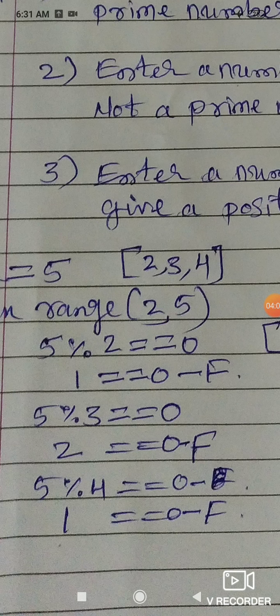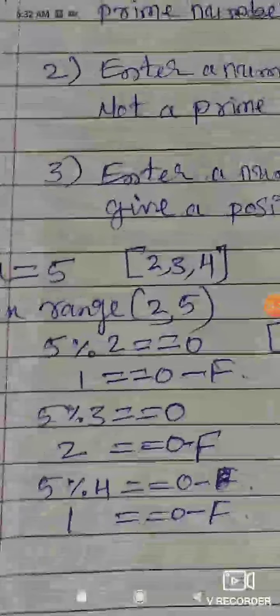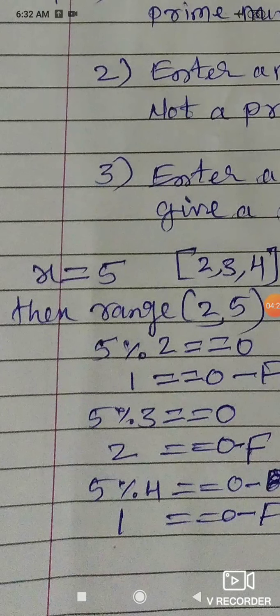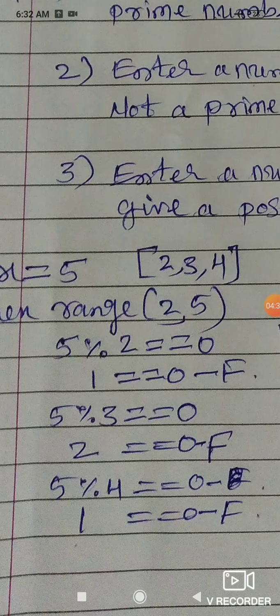It starts with the initial parameter 2, and the second parameter is 5. The range takes the initial parameter and values less than the last parameter, that is here 2, 3, 4. This is the range. See that expression: 5 is the x value, mod i, the first value is 2, so 5 mod 2 gives 1. Is 1 equal to 0? So this condition is false.